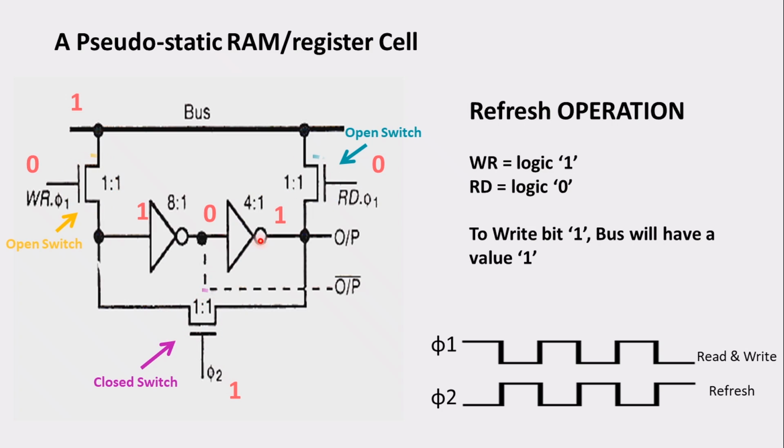So now these values we have will get a path. Through this path, the 1 that is present is going to come over here and refresh this particular data. So the voltage levels at the input capacitance and the output capacitance of these particular inverter stages are going to be refreshed, and the voltage across those capacitors is going to be maintained.